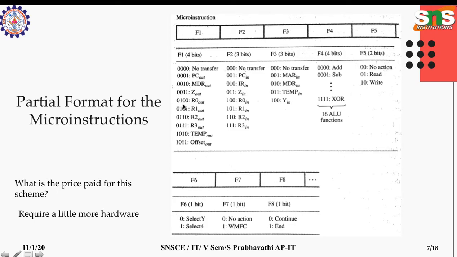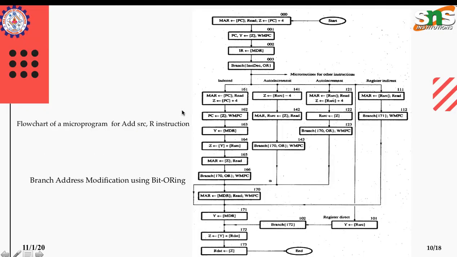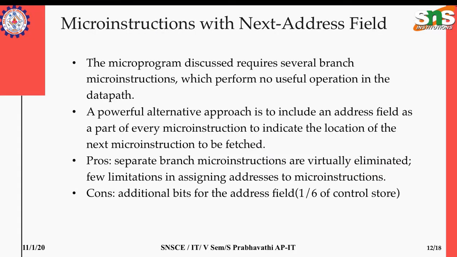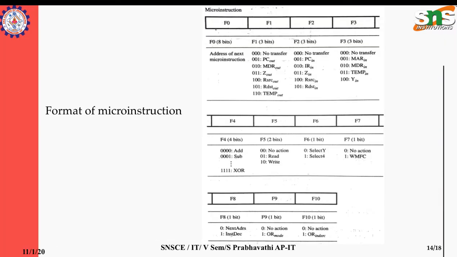Okay, so for each and every register there are control signals: this is for the out control signal, and this is for the in control signal. For input, and this is for output. So for each and every register, a separate code is generated, whereas here, with the micro instruction having the next address field, see here,